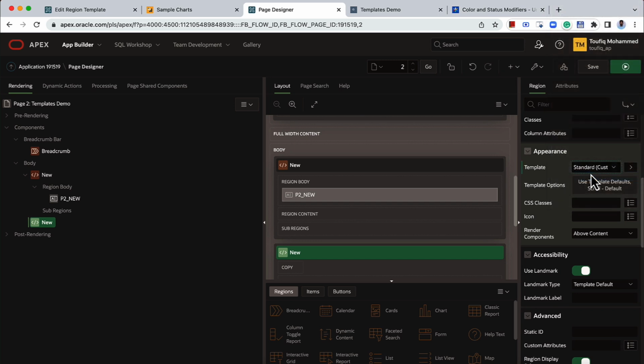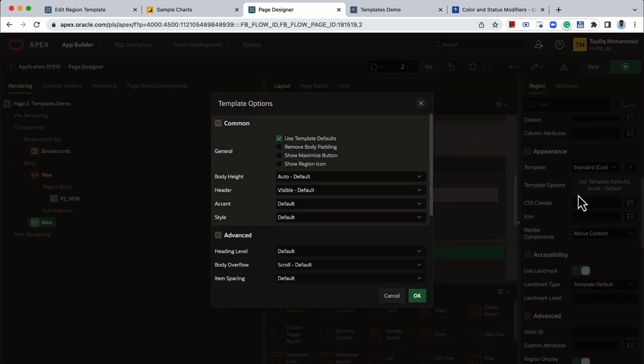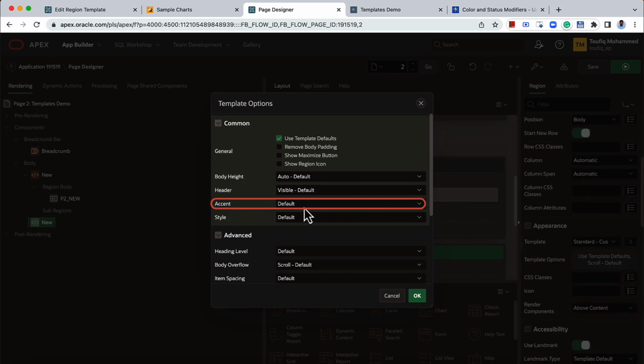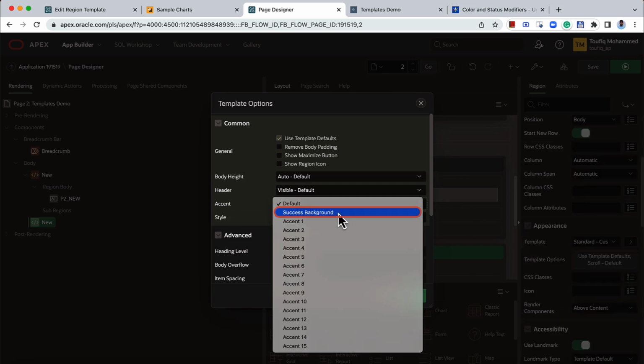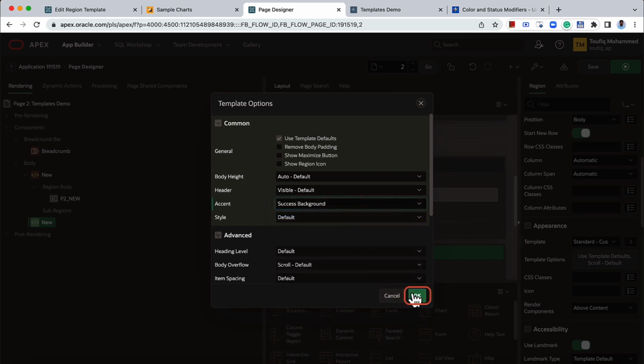Once I select that template, under template options and I expand this, so remember we have created this new template option under accent group. So when I expand the accent group, you can find the new template option which I have just created is also listed here. Now select that and click on OK,